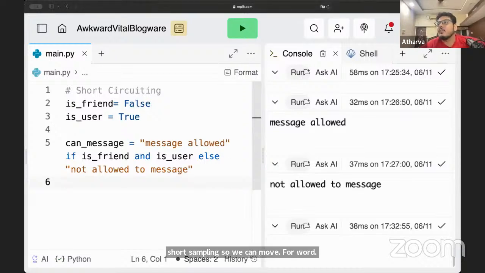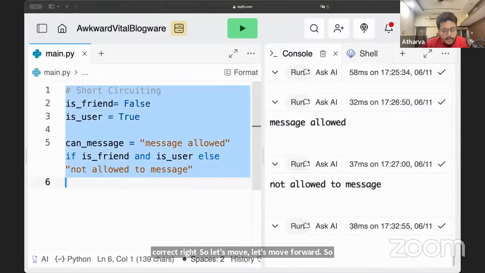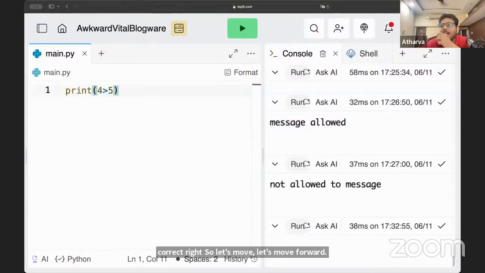Okay, so a basic task. If both are true, the AND condition is true, in all other cases it is false. Yes, correct. So let's move forward. Now start telling me one by one. When I say start, you have to tell me the output.